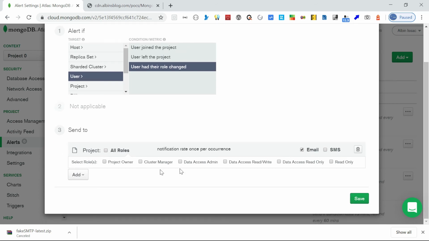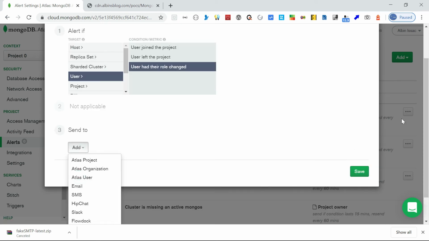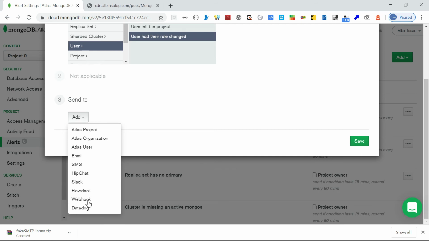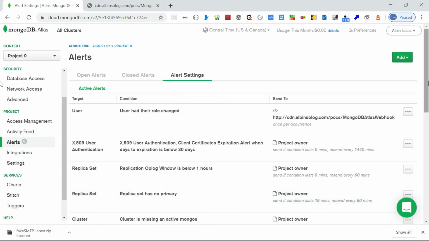Now there is a default notification method, an email, so I am going to delete that. I don't want that. I am just adding this. If you see here, now there is a new method, webhook. You can select that webhook. We have already defined the webhook, so it is taken. Just click on save. Now the alert is ready.